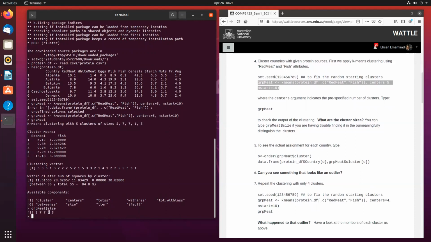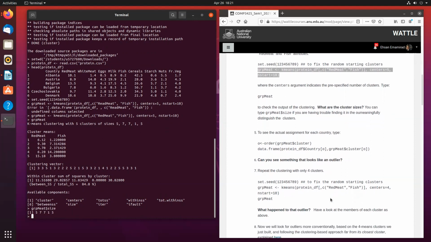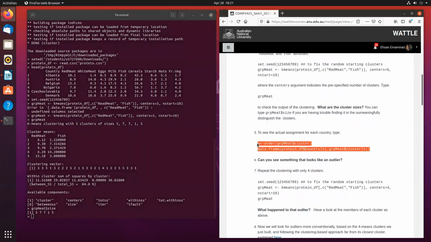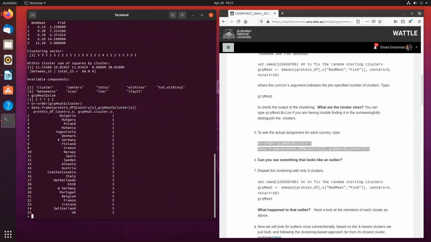Now we want to know which observation that is. We talked about this in the lab in relation to clustering analysis, but as a reminder, let's have a look at what this cluster belongs to. I'm just going to copy and paste, and you will see that cluster number 4 is Portugal, so there's a good chance that Portugal is a